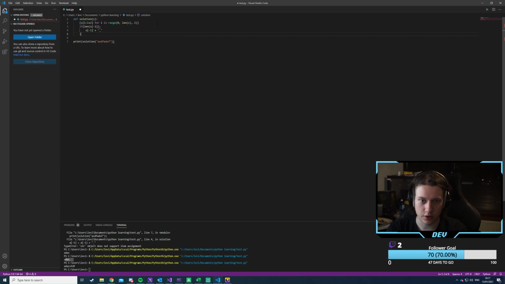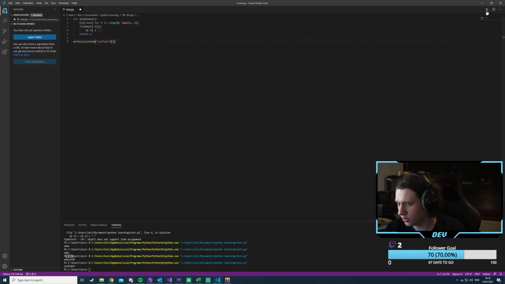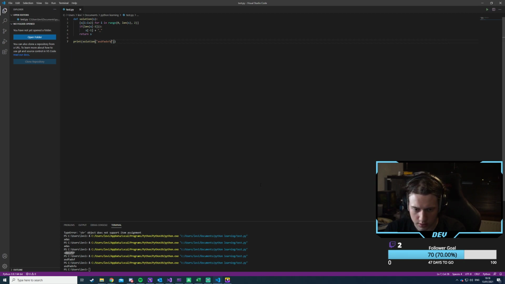And then return S. And why is this complaining? Oh yeah, I'm missing a closing bracket there. Okay. So what does this print? If I do this, right, does it return? No, it doesn't. I mean, we could just insert a 2 here just to make it very, very clear.